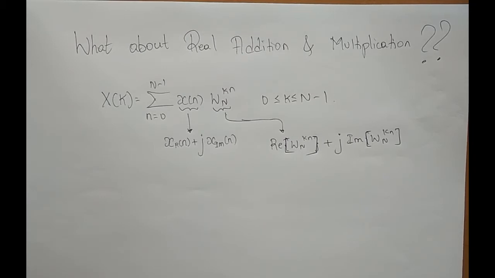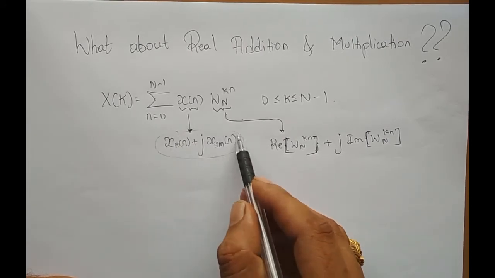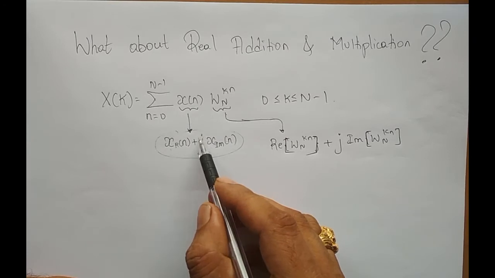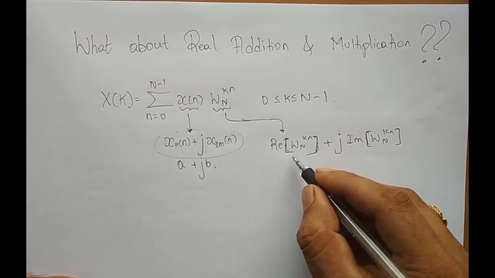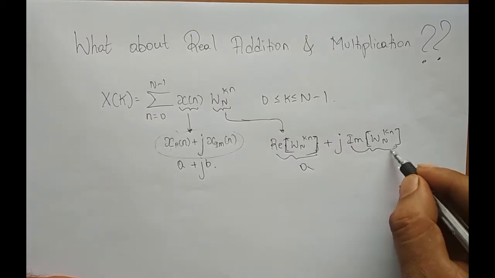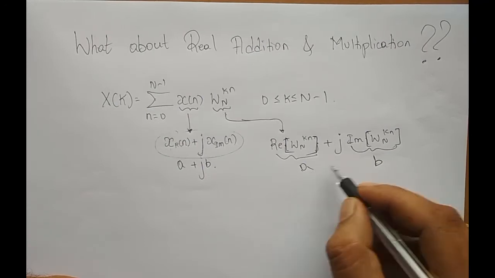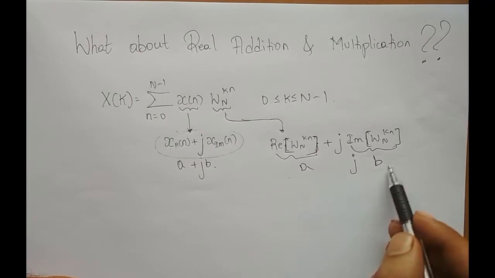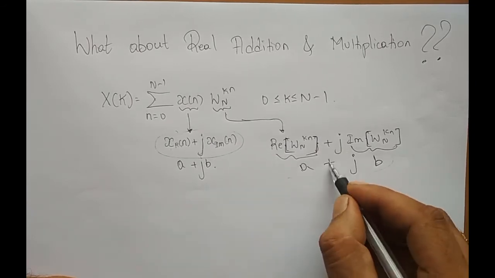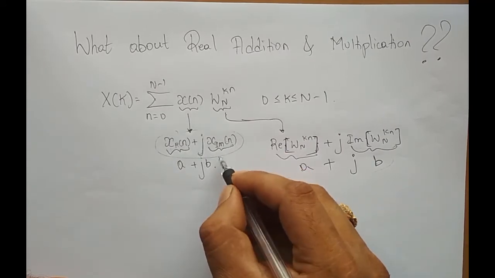Fine. So as a whole, this is a complex number, but if I take individual, this is just one number and this is just one number. J is just a representation of complex number, right? So I'm writing it in terms of a plus jb form. Again, this entire thing is a and this entire thing is b. So what is a and b? It is just one real number, right? But as soon as I put j here, one term j, this becomes as a whole one complex number, right? So plus jb form, right? So this is a and this is b.